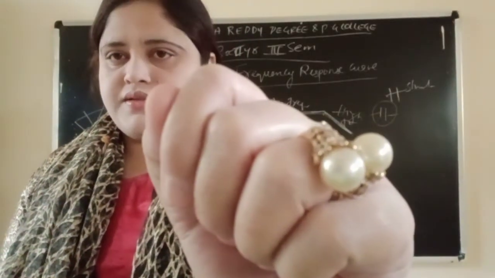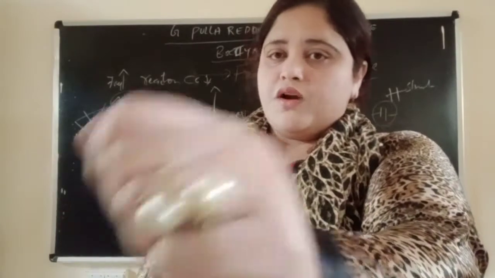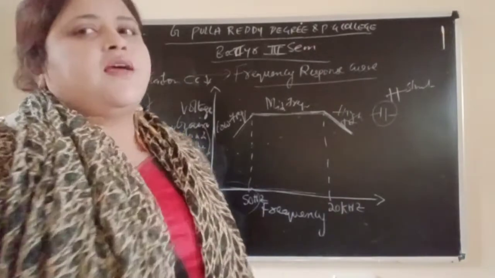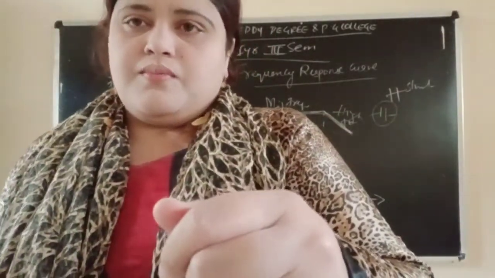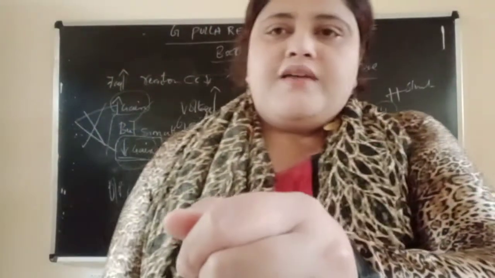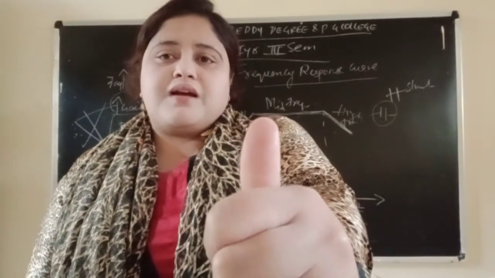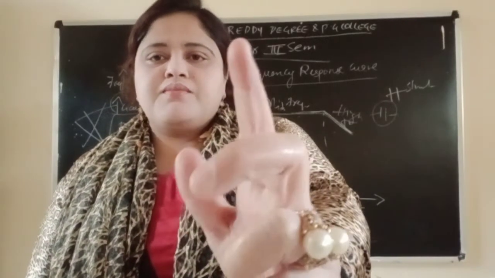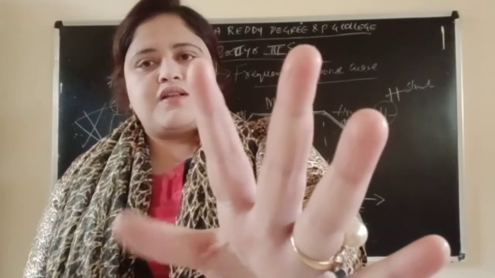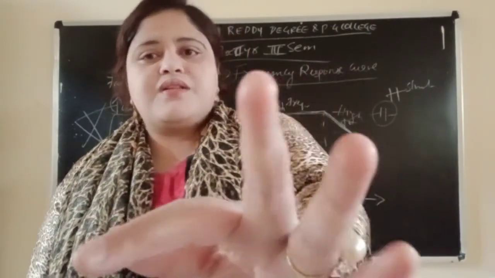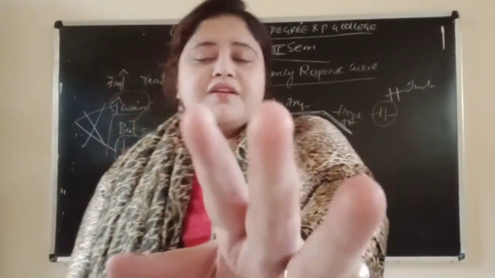This is at low frequency. Now high frequency: the gain will fall down, the waveform comes down, because of the shunt capacitor connected across the output. So by this, when they ask about the RC coupled amplifier, you have to write this big answer, as it is one chapter. You have to write introduction, circuit diagram, circuit description, operation, then frequency response curve. If he asks you to explain the RC coupled amplifier with its frequency response curve, you have to write till here.